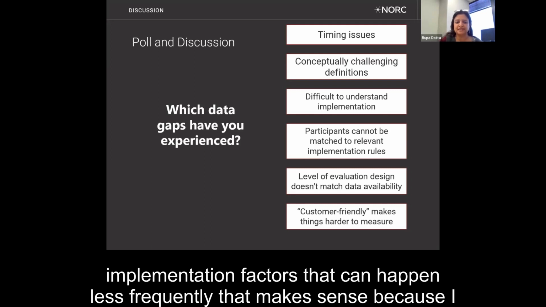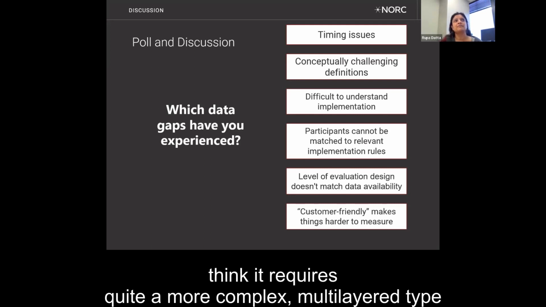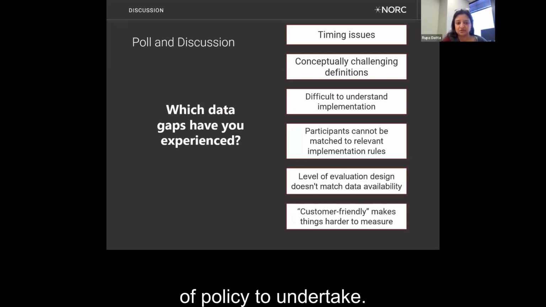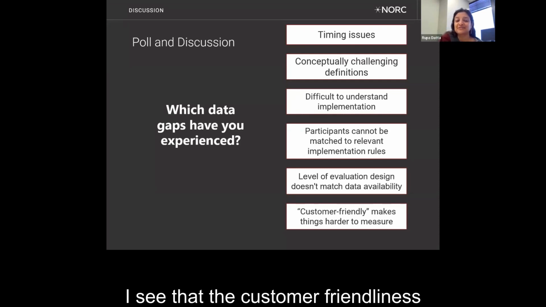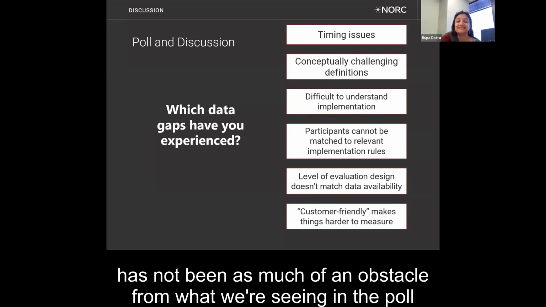That makes sense, because I think it requires quite a more complex, multi-layered type of policy to undertake. I see that the customer friendliness has not been as much of an obstacle from what we're seeing in the poll, and